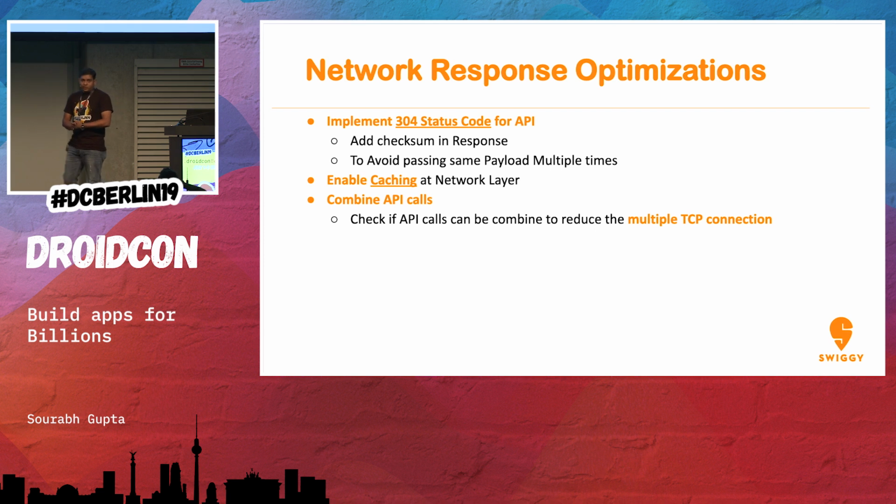Combine API calls. When we started making the app, we were making multiple calls to different domains, different hosts. And for rendering one page itself, we were making 10 to 15 calls. What we figured out is that,